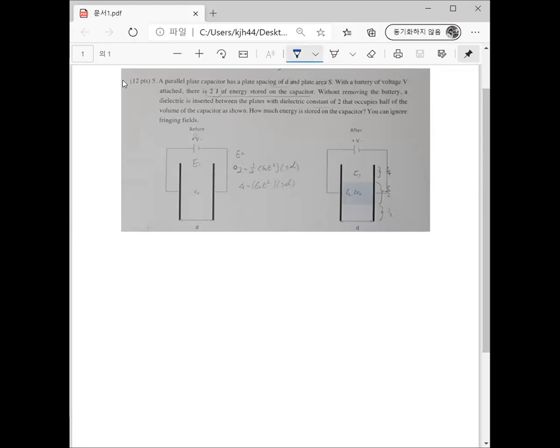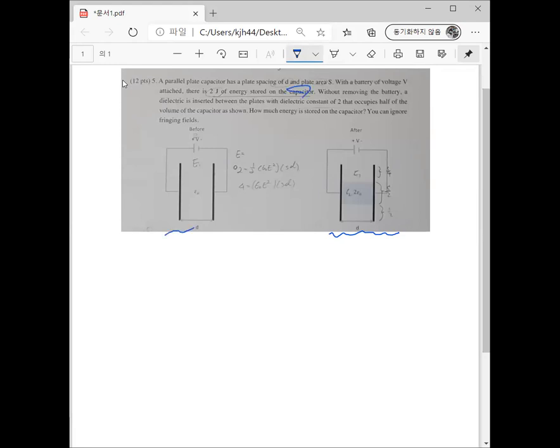And we'll try to solve this question number 5. The question asks us to find the energy stored on this capacitor. But let's read the question first. So with battery of voltage V attached, there's 2 joules of energy stored on the initial state capacitor, which is